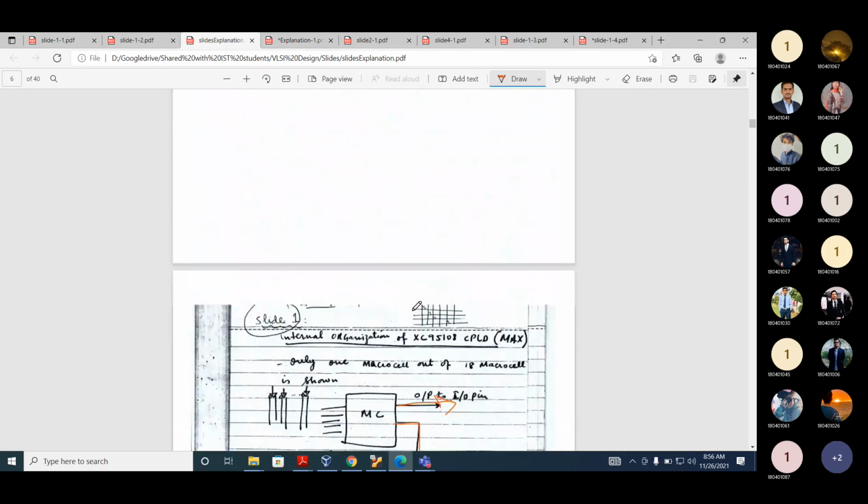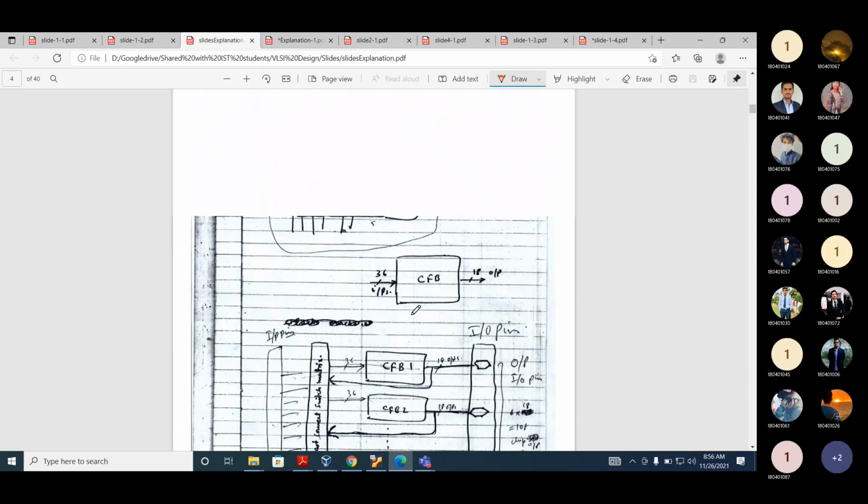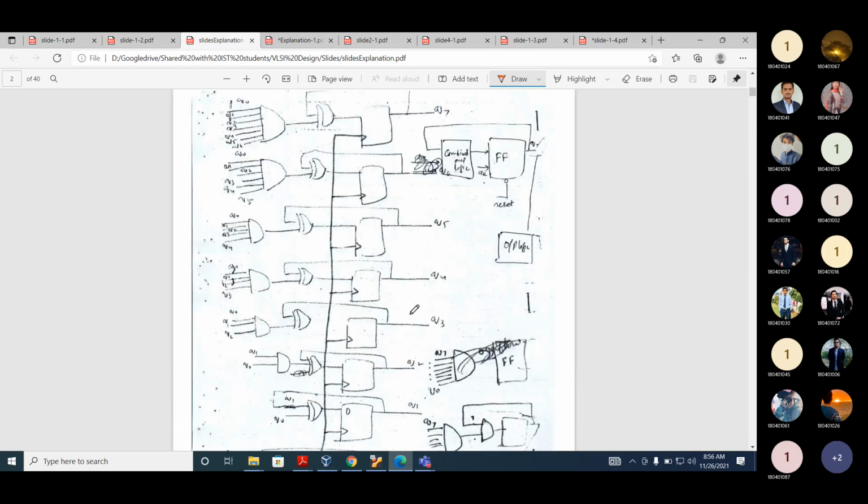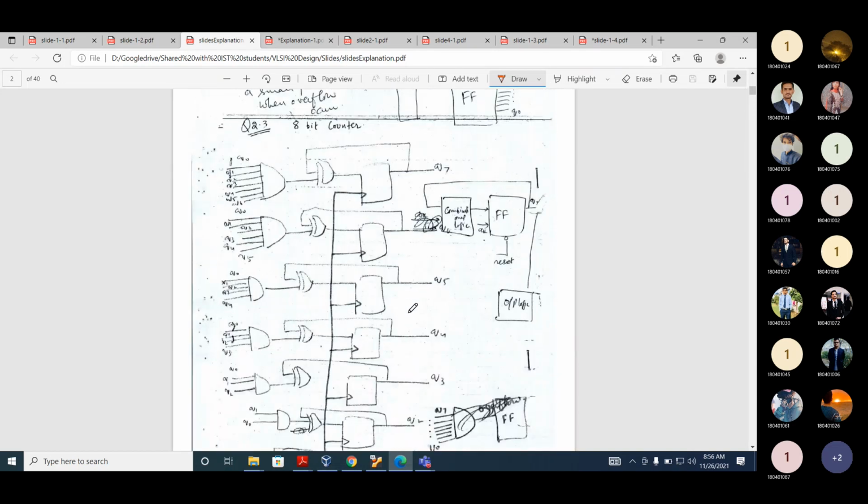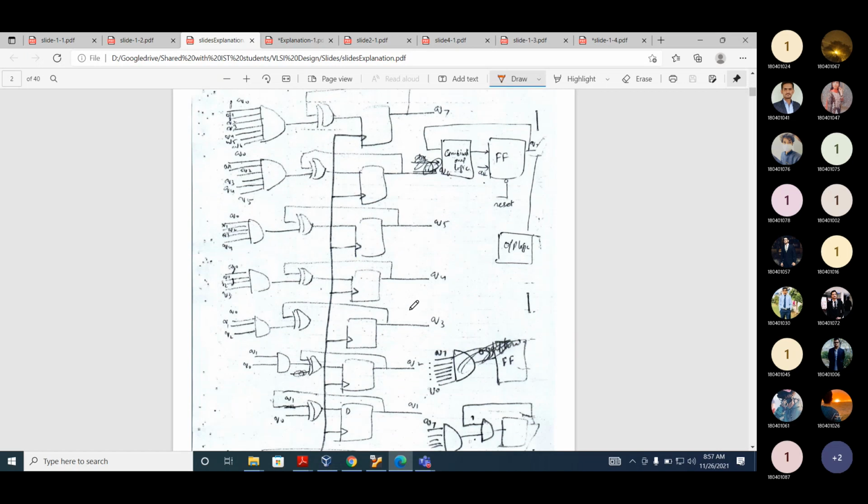How can we implement a counter with the Xilinx MAX architecture? We want to implement an 8-bit counter.